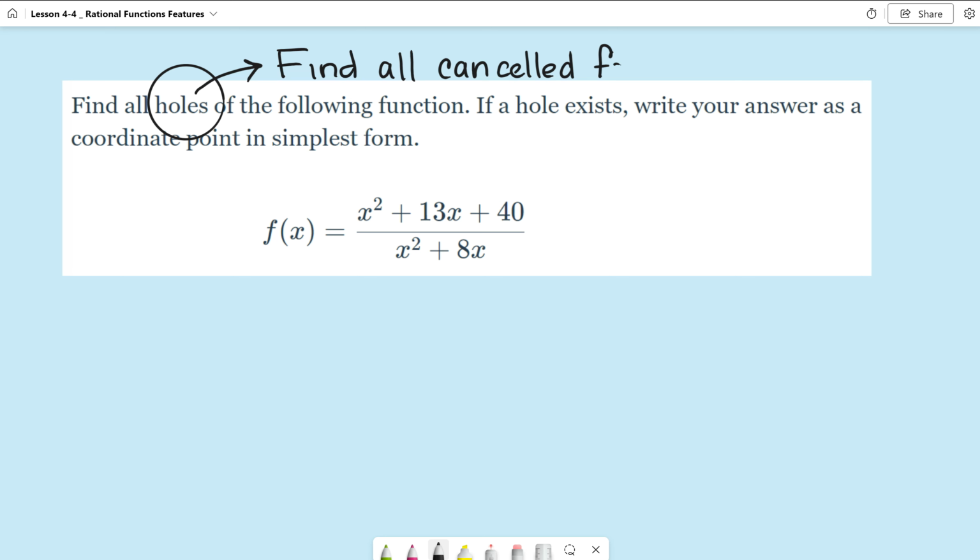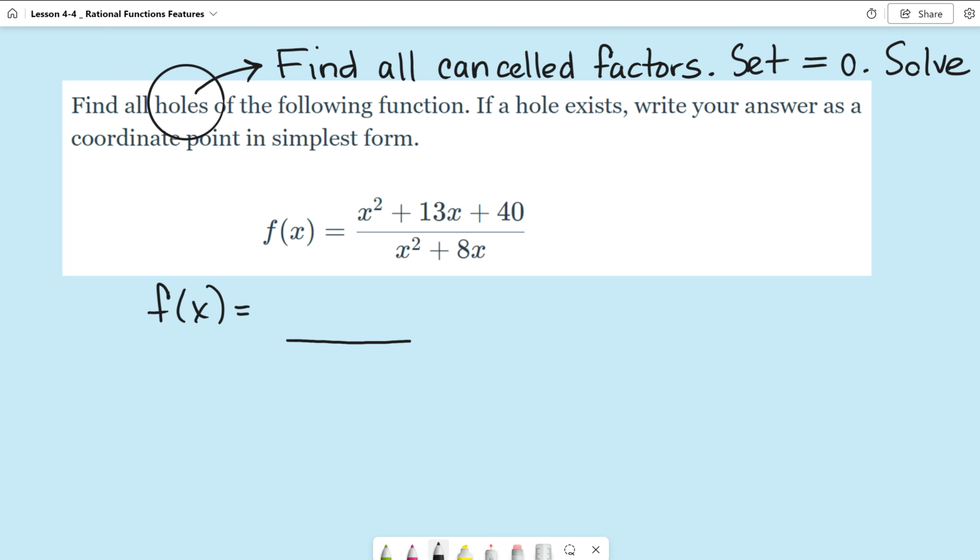So factors that you end up crossing out because they reduce to 1. And then I need you to set them equal to 0, and I need you to solve for those x values. So let's factor. F of x